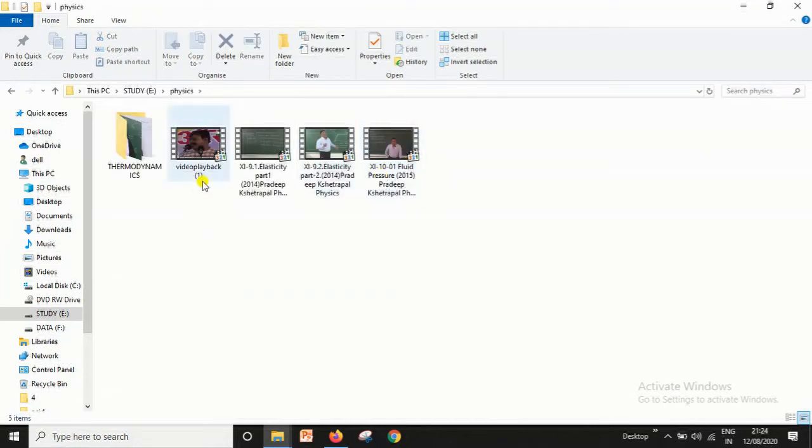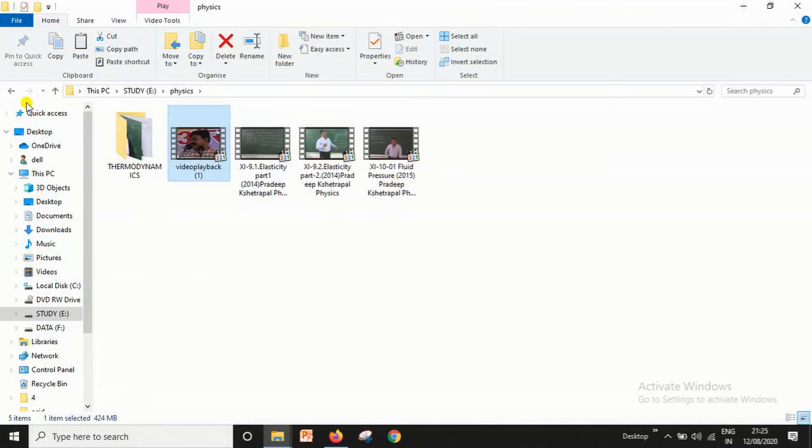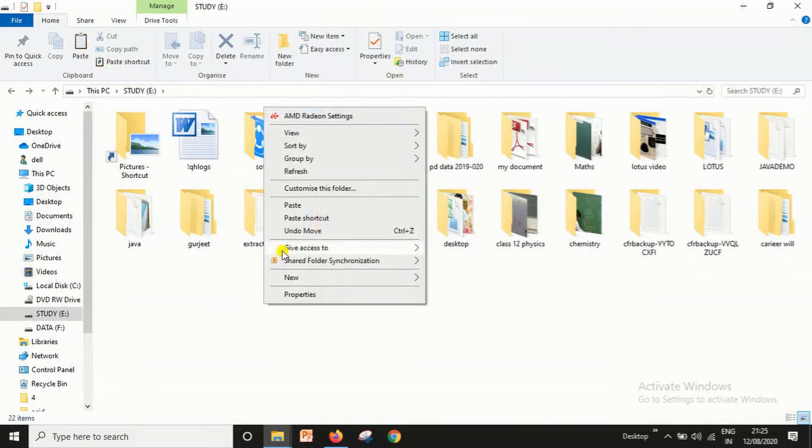Now if you want to copy this file, just right click again and then left click on copy. Now where you want to copy this file, if I want to copy it here, please right click and then paste.